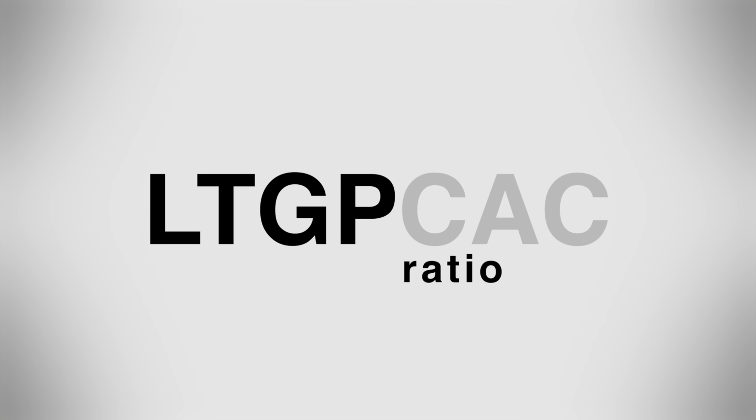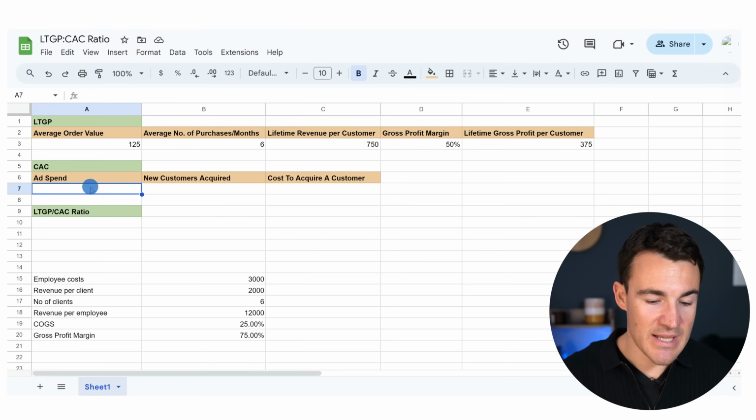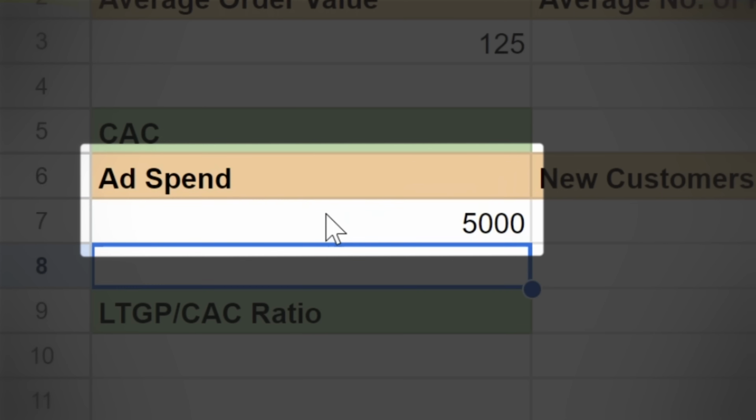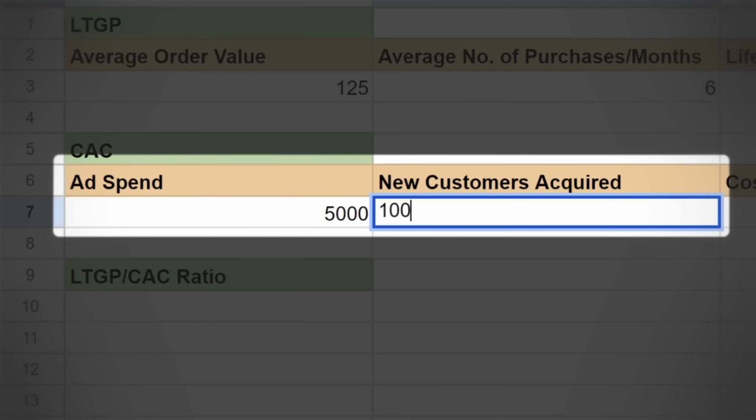Okay, now we need to talk about CAC, the other part of this, right? So cost to acquire a customer is what that stands for, and it's much, much easier to calculate, okay? So let's assume that you're already running ads. This is the maths we go through. So let's say in the last 30 days, I spent $5,000 on ad spend, and then we generated 100